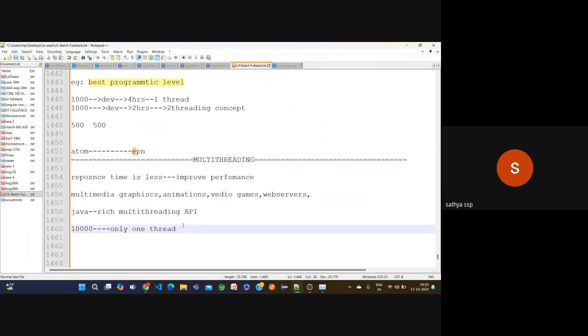How many threads you want, you can create any number of threads. By default, every time automatically one thread is executing. Now observe carefully here.